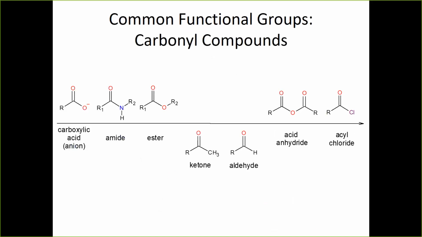Okay, so I've already mentioned some of these carbonyl compounds, and what I've shown you here, from left to right, is them in increasing reactivity. If you look at the bottom, you see the ketone and the aldehyde in the middle. They're kind of medium reactivity, with amides and esters being less reactive, and acid anhydrides and acyl chlorides being more reactive. You really won't see acid anhydrides or chlorides too much in toxicology. Those are the kind of things that we use in a chemistry lab to do synthesis. But you will definitely see many amides and esters and carboxylic acids, which is at the very far left.